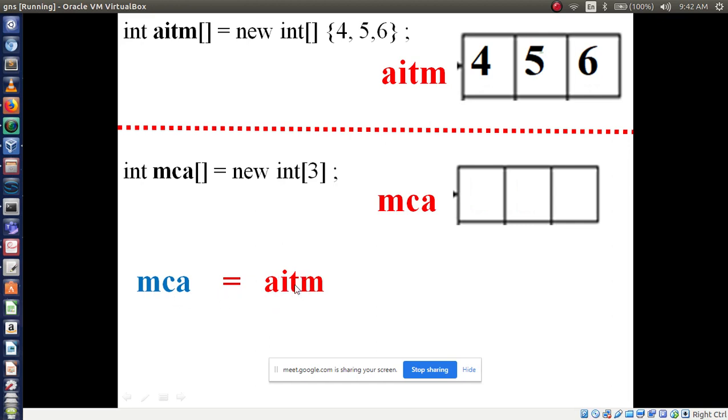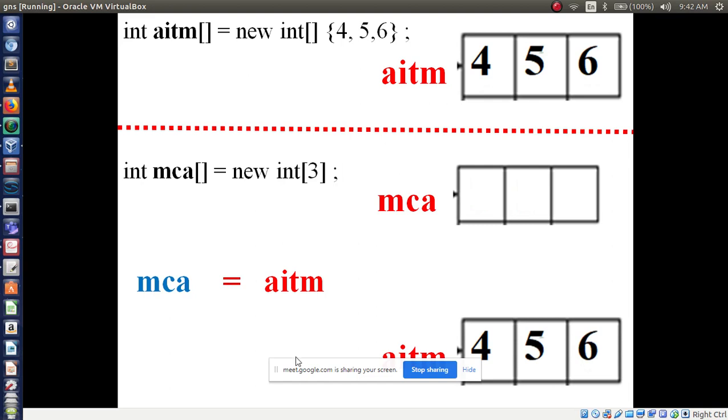Whatever contents are there in AITM, 4, 5, 6, that should move on to MCA. That is the meaning. So this is array referencing. We are making array referencing from one array to another array.